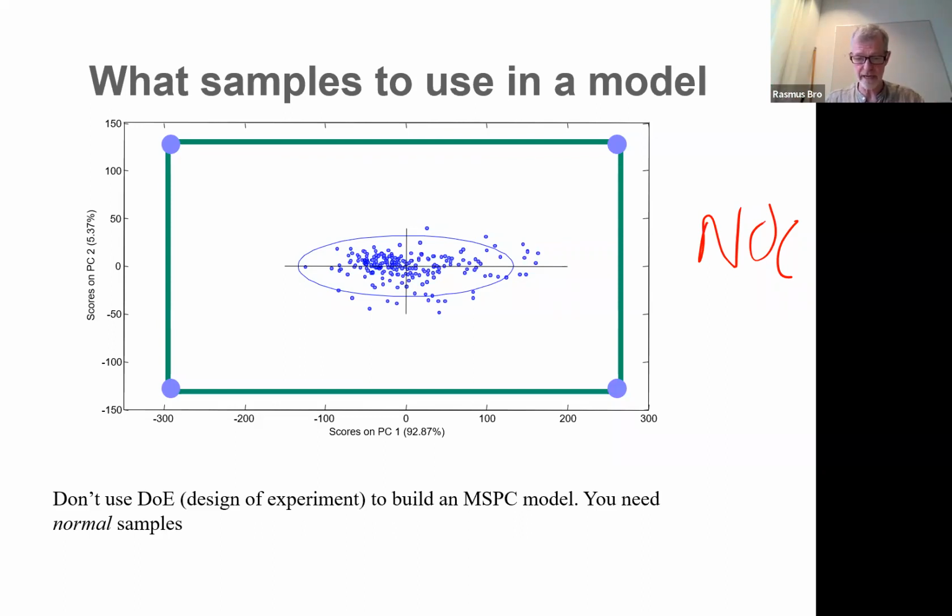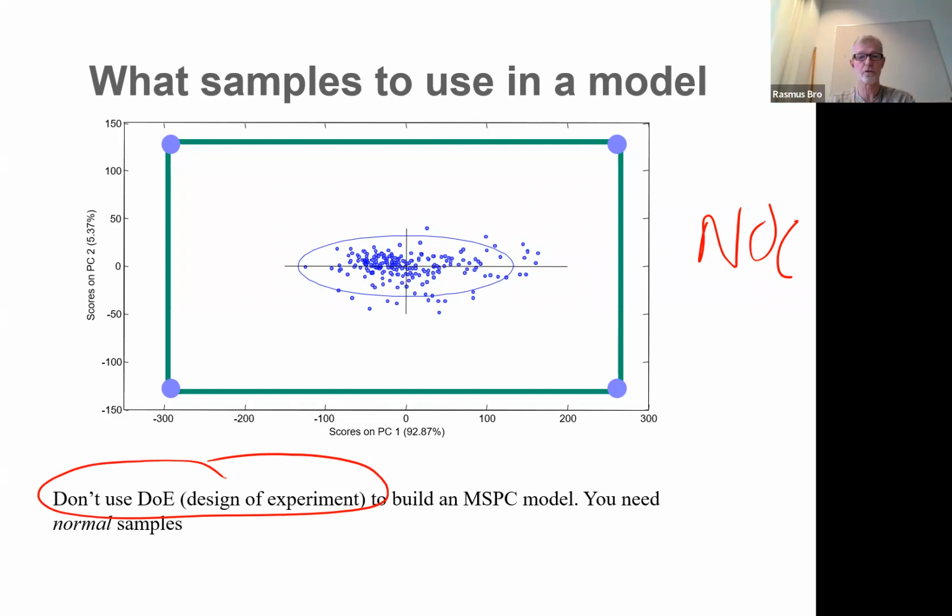If I take a new sample and it's not an outlier, that means we're still in normal operating conditions. But if I take a sample and now suddenly it's an outlier, it means something is wrong. We are no longer in normal operating conditions. And then you have to stop the process and use the tools that we have, like contribution plots and stuff, to investigate what's wrong with the production. But what's important here is that you